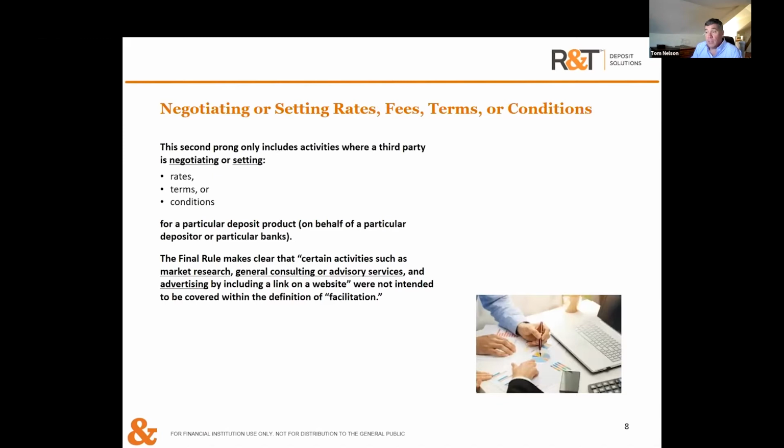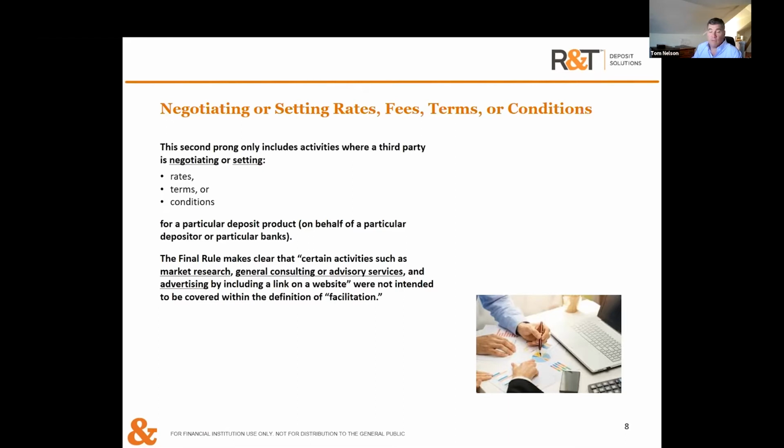Negotiating rates, fees, terms, conditions. This is, I think, the critical issue as it pertains to the biggest market we're going to talk about, which is broker-dealer as well as trust and other sweep vehicles. The question will ultimately become who is providing these rate negotiation and term negotiation functions as these deposits get set up. If an intermediary does, and this is one of the businesses that we are, as a firm at R&T, very, very heavily involved in,